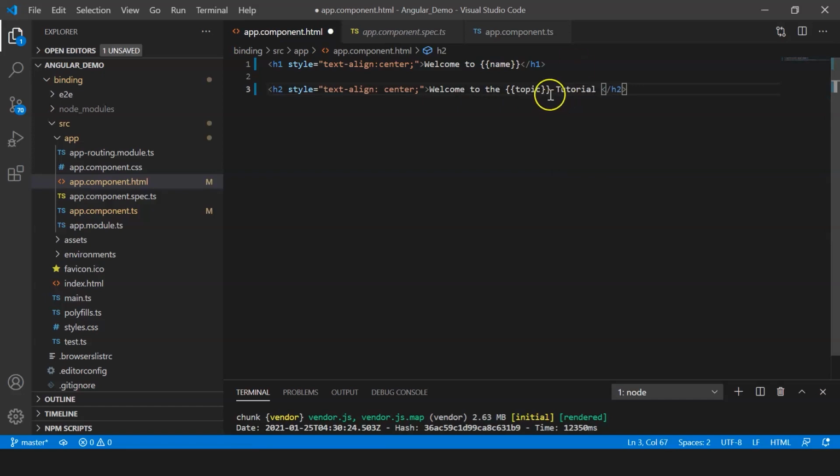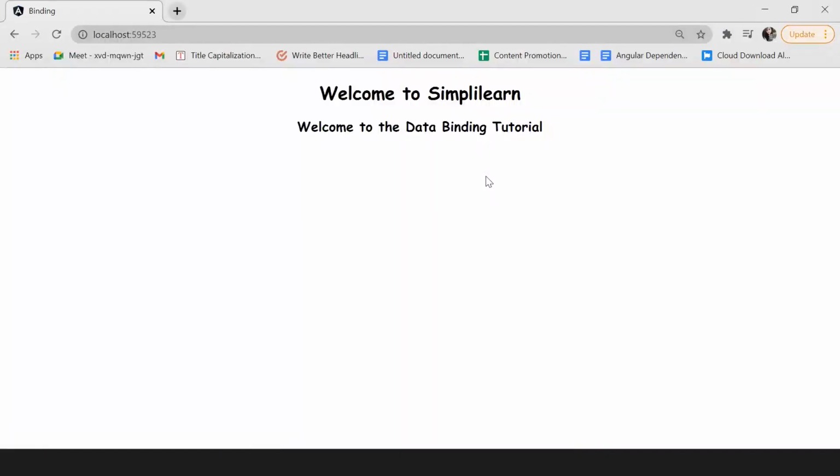So topic here must be replaced by its value. Alright, so let's see that. Let me just save this and have a look at the browser. So here you can see that welcome to the data binding tutorial is being displayed. So this is a simple example of interpolation binding.